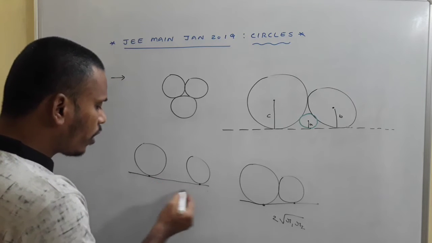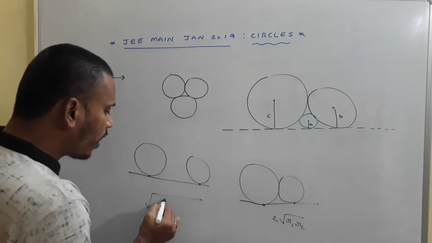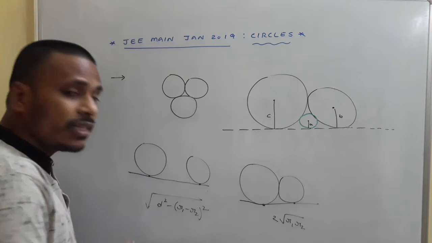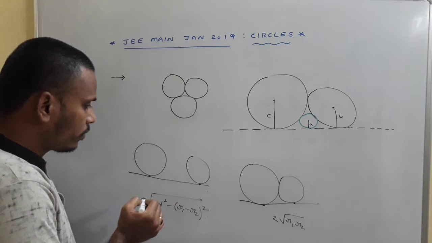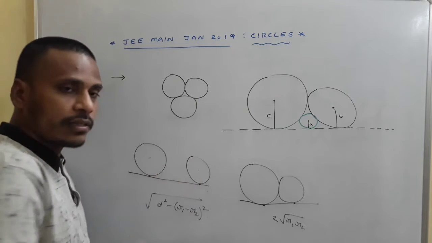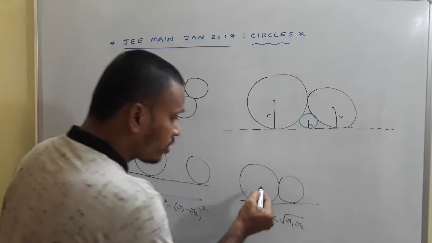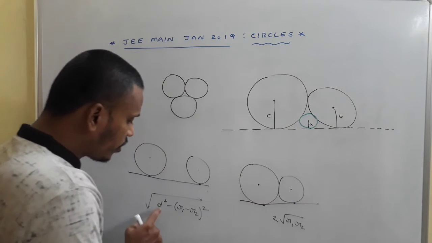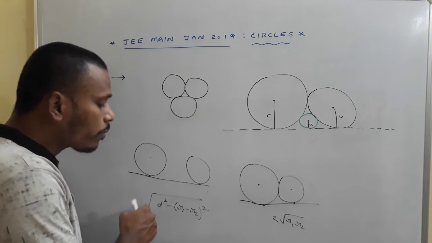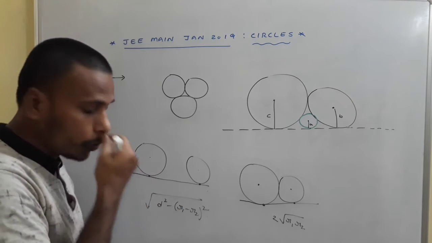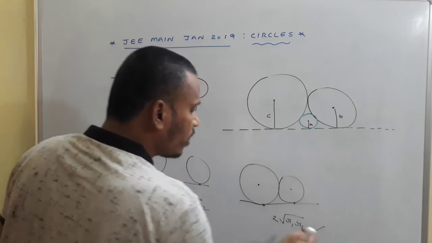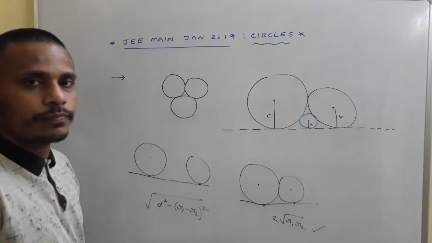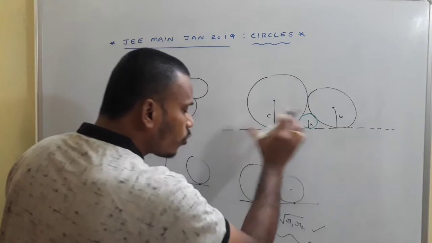See, very simple. Actually, what is the length of a common tangent? Usually the length of a common tangent is root of D square minus (R1 minus R2) whole square, and this D is the distance between the centers. Whereas in the case of touching circles, the distance between the centers is nothing but R1 plus R2. We need to replace this D with R1 plus R2. So (R1 plus R2) whole square minus (R1 minus R2) whole square is 4 R1 R2, and this is the length of the direct common tangent between these two circles, if the radii are R1 and R2. Now use this logic to connect A, B, C.